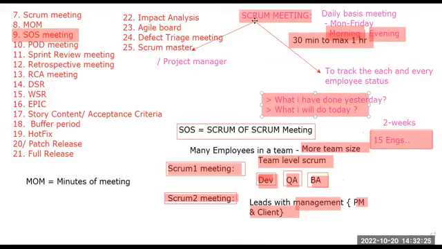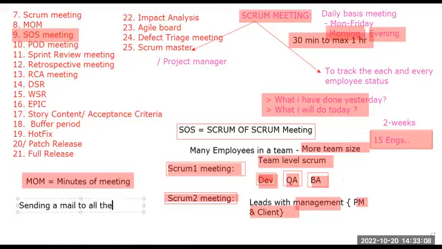Okay. So once we conduct this Scrum meeting, then definitely we will get some outcome, like the status about each and every user story or each and every requirement. Also we will get to know about some of the problems and challenges that we are facing, or some TBA, to be announced, something. So all this information we can send across to all the employees. It means the outcome of this meeting we can consolidate as an email. In that email we can share across all the team members. So that is actually MOM, sending an email to all